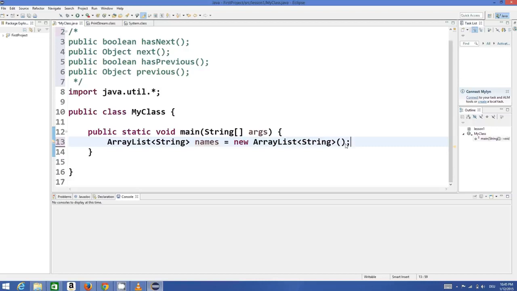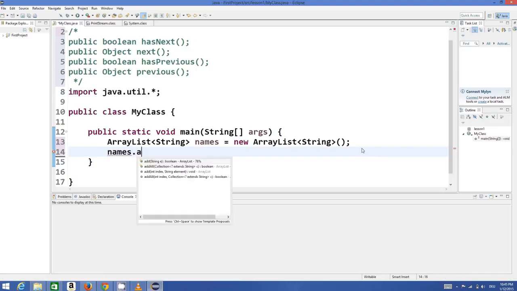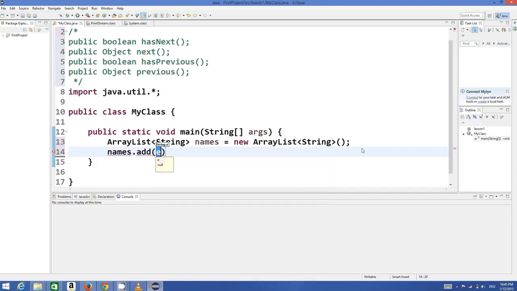Okay, so now we can add to this array list some names, names.add, and we can add some values, for example Mark,